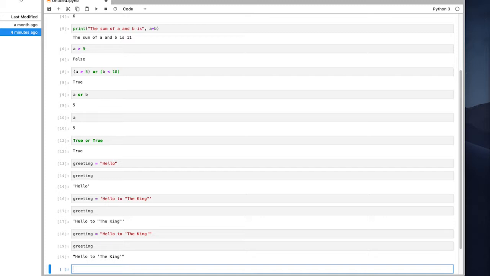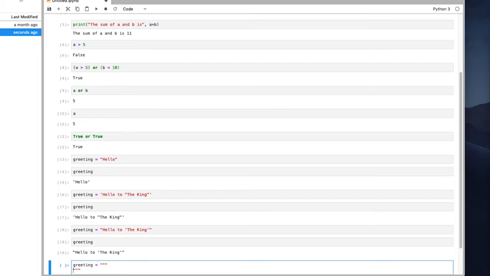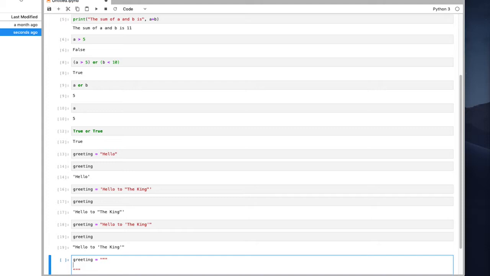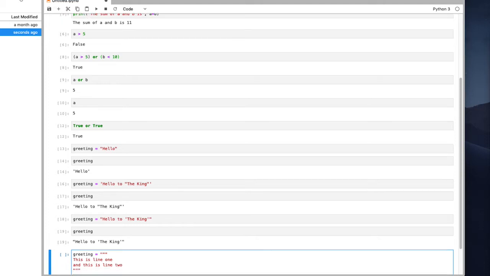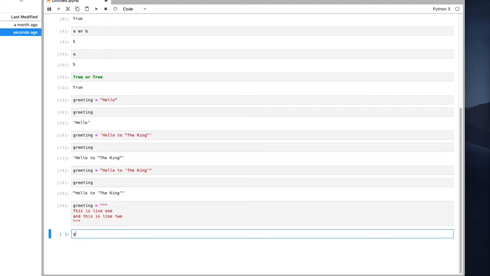There's another useful form, which is the triple quote. The advantage of the triple quote, and you see, is that when I enter triple quotes, I can put it on a separate line. So that's basically a multi-line string. This is line 1, and this is line 2. Okay, so now when I hit Shift Enter and I type greeting,